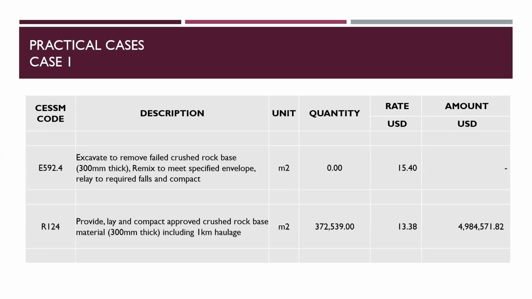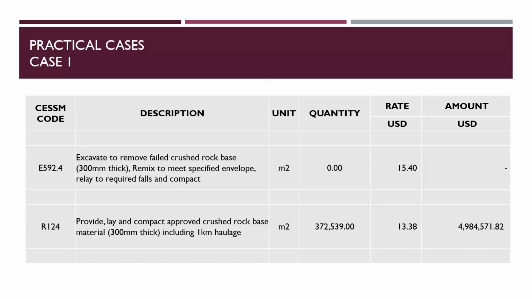So for a road that was under construction, for purpose of non-performance, the contract was terminated. Before the contract was terminated, crash rock base had been laid, covering a certain distance. So in repackaging the project, within a short period, they repackaged the project and awarded it to another contractor who was a subcontractor to the main contractor who was doing the work before.